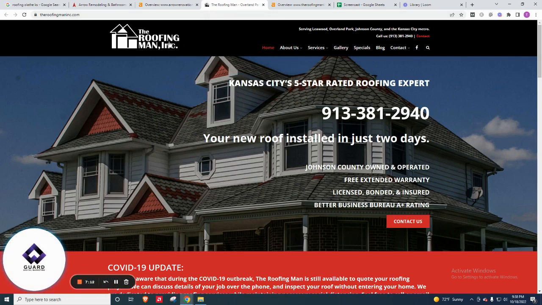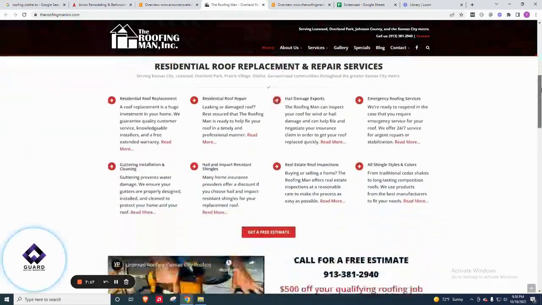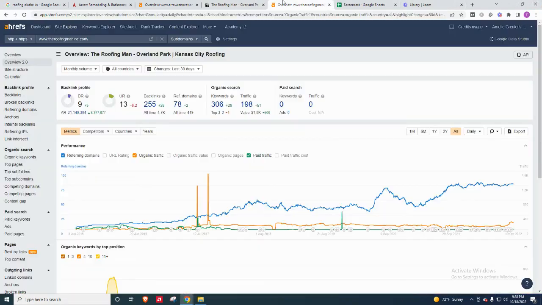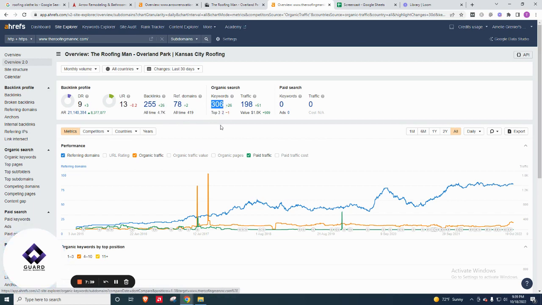Now, let's go ahead and take a look at the Roofing Man, which was that top competitor in Olathe, Kansas, on that Google page. So as you can see, their homepage too is lacking on content as well, which means they're going to be lacking on keywords on that homepage too. As you can see, your guys' DR and UR rating is higher, so you guys have more trust within Google, and you can tell that because you guys almost have doubled the amount of backlinks. Now you can see Roofing Man's keywords are lower, but even at that point, they're still bringing in almost the amount of traffic that you guys are. Maybe 75 to 100 less, but that's kind of the difference here is,